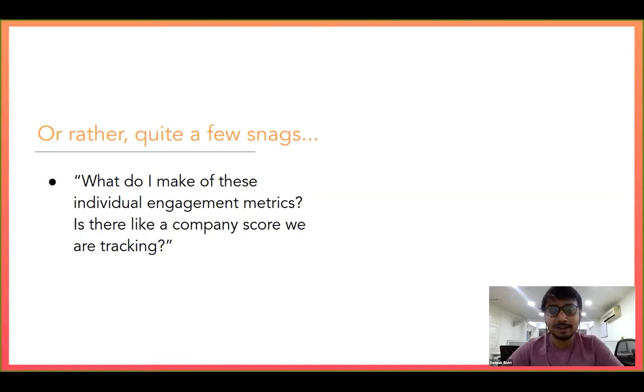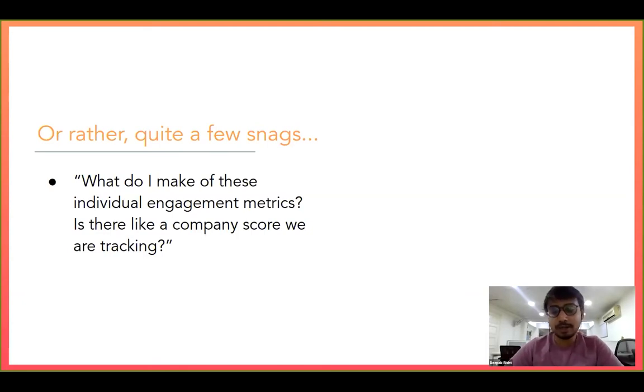There is, like, you can see marketing emails and web engagement and all of that. But what do these mean? Is there a single metric that we are tracking? How are these numbers coming up? Is it from just one contact engaging so much in the company? Or is it all of the people, all of the decision makers engaging? So is there one metric that we could focus on? Because I don't know what these individual engagements are saying to me.